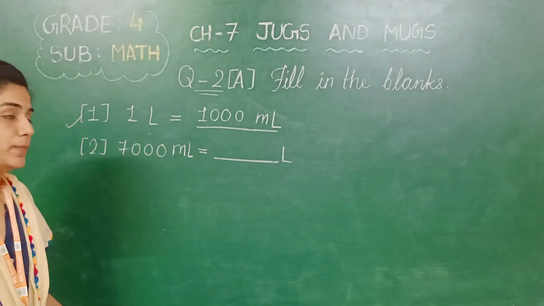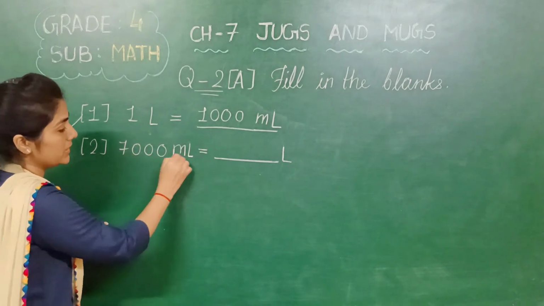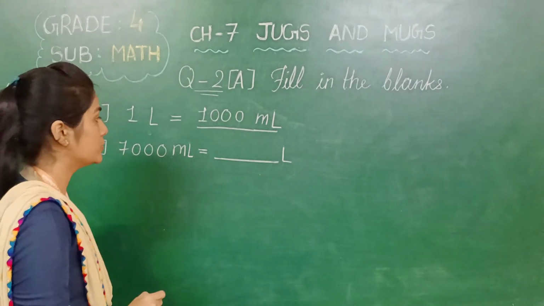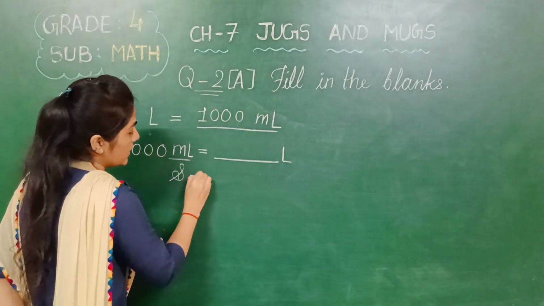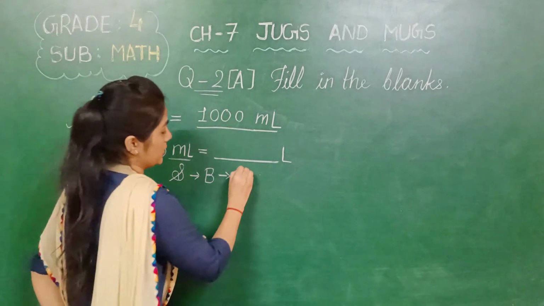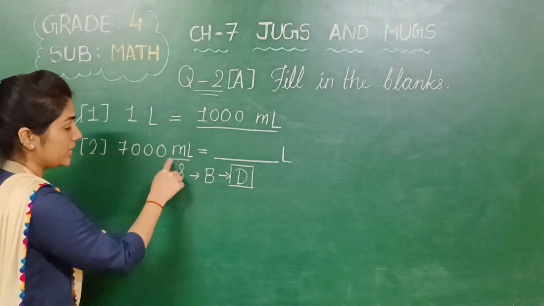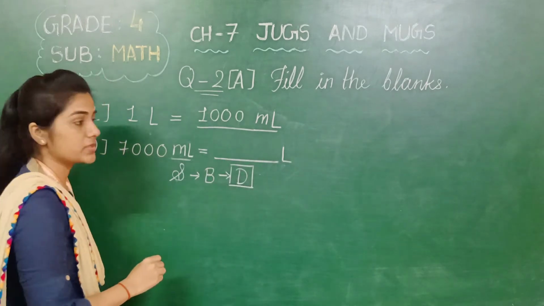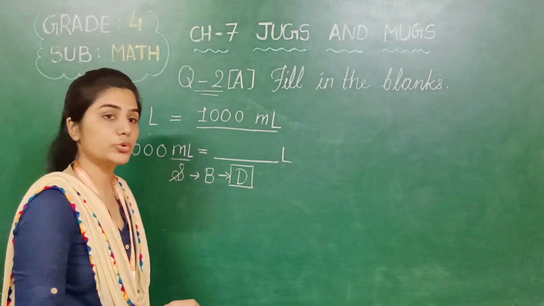See, now you have to pay attention because we have to convert this 7000 milliliters into liter. So you already know, and I have informed you earlier, that if we are converting a small unit into a big unit, at that time we do division. We do division, right? Because milliliter is a smaller unit than the liter, and we are converting into the big unit, which is liter. So at that time, the division method we will do.